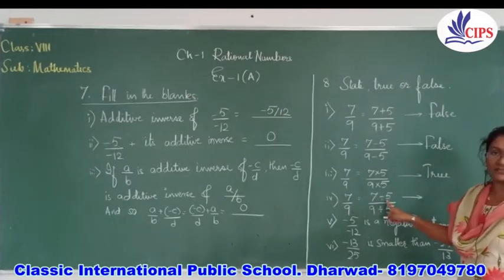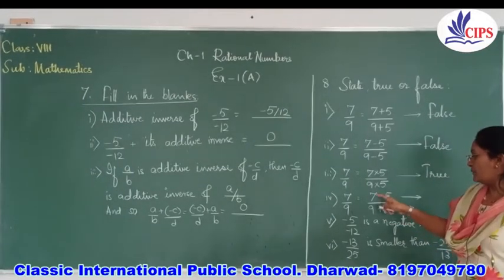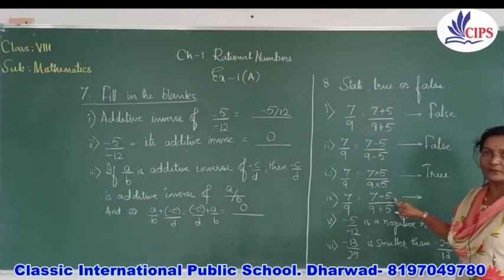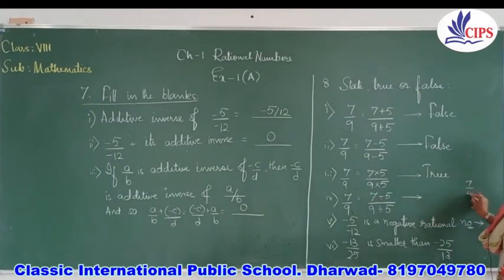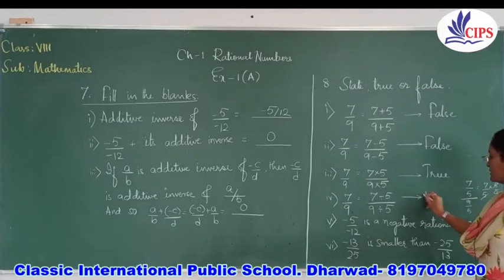Here also the answer doesn't change because we have divided both the numbers with 5 only. So like this, for example, now 7 divided by 5 and here we write 9 by 5. When you take the reciprocal of that, what you get? You get 5 by 9, 5 gets cancelled. What is left? 7 by 9. So your statement is true. Understood?